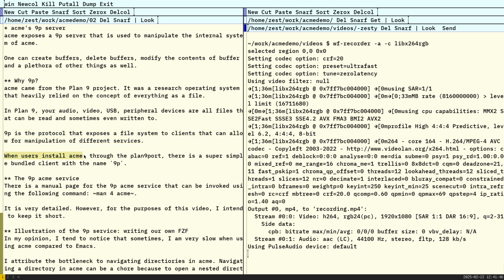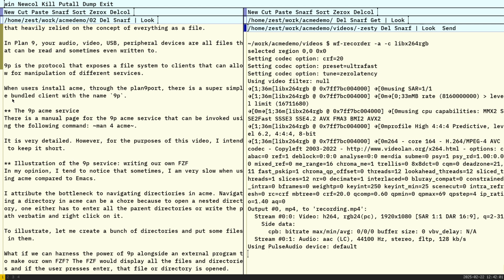When users install Acme through the Plan 9 port, there is a simple bundled command with the name 9p. So 9p can be used as a command line utility to communicate with the 9p protocol, including the 9p Acme servers. There is a manual page for the 9p Acme service that can be invoked using the following command. So if I do a middle click here,